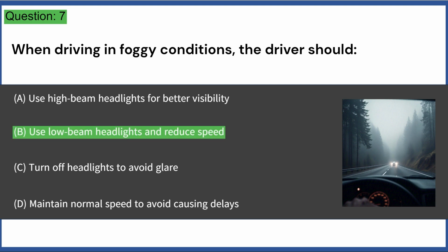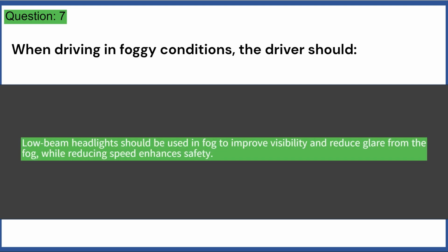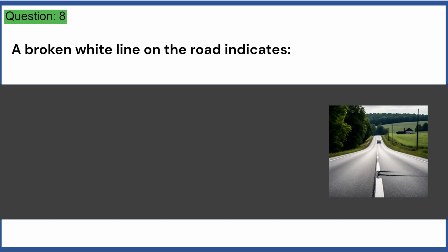Answer B. Low-beam headlights should be used in fog to improve visibility and reduce glare from the fog, while reducing speed enhances safety. A broken white line on the road indicates: